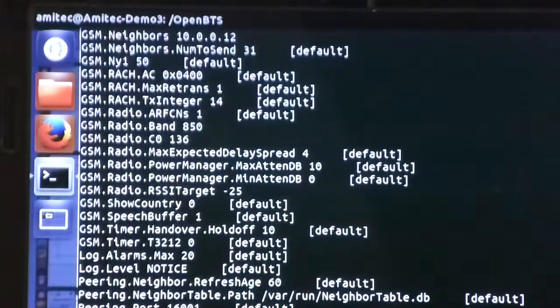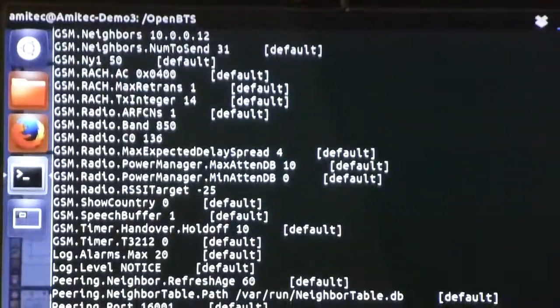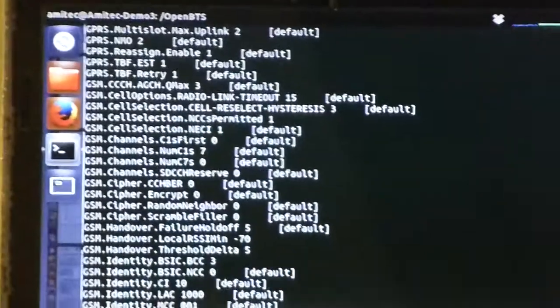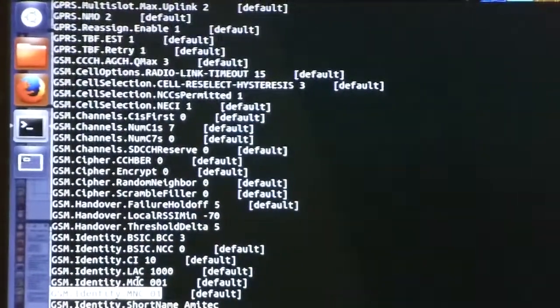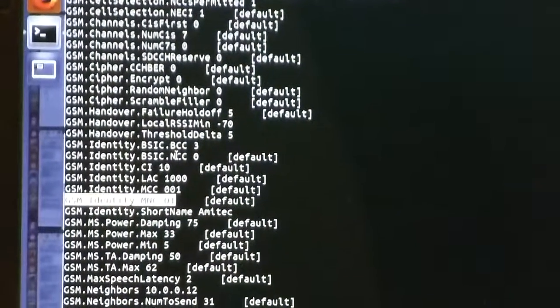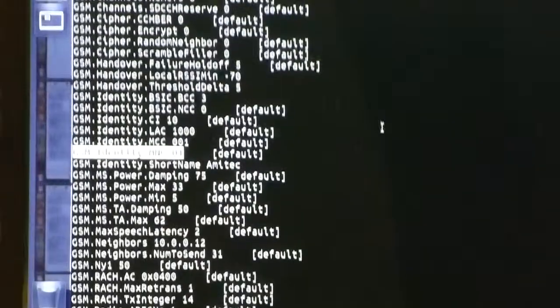So first we will run through a couple of parameters which can be configured in the software. If we zoom in on the screen, we can see there are a couple of parameters which can be defined, which will control the actual working of this BTS. Parameters such as cell ID, location area code, mobile country code, mobile network code. Parameters for handover, the level to set for when handover will occur, among other parameters for GPRS. All these parameters can be configured in the software itself.